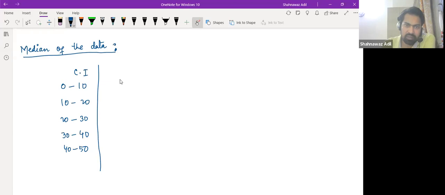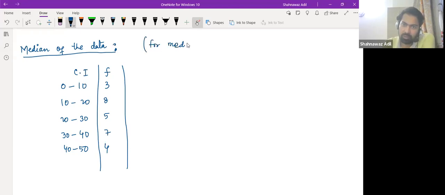So this is the class interval, and let's say you have the frequency, which is 3, 8, 5, 7, and 4. Right. So this is the frequency. And now what you calculate is called the cumulative frequency. So for median, we calculate